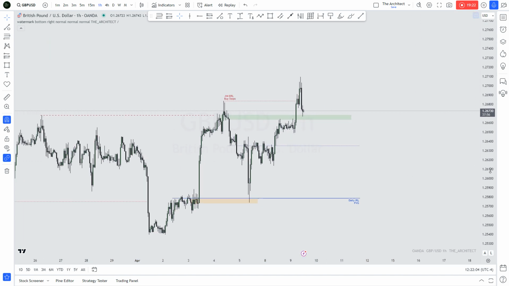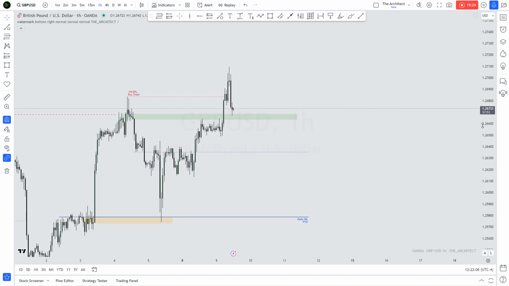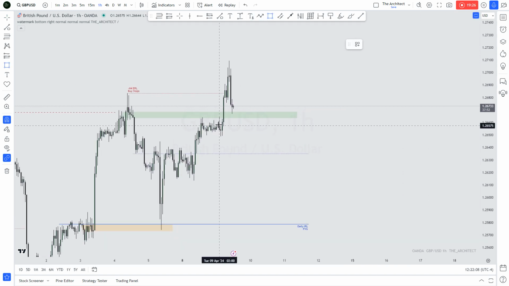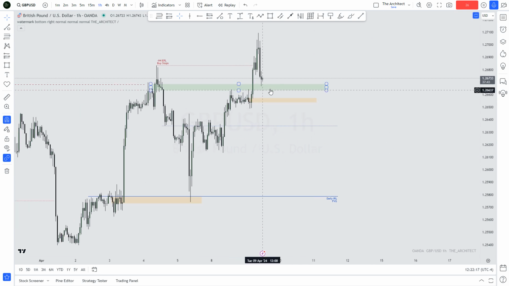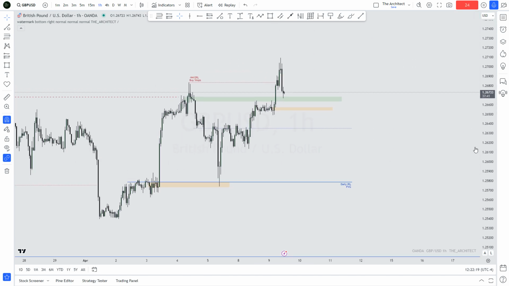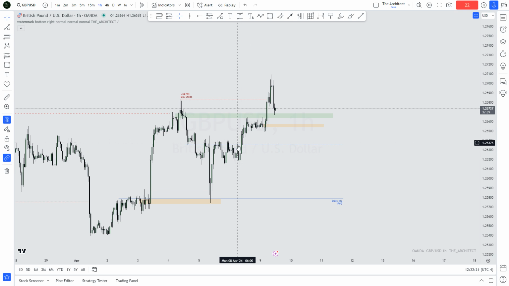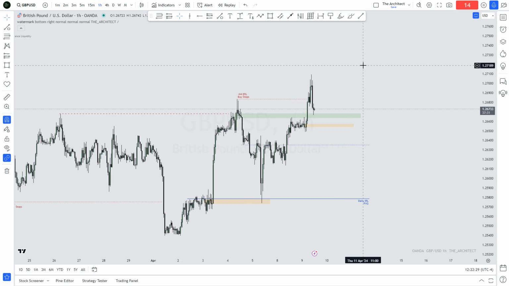We can see already very important points that I'm looking into is this daily order block over here. We may pull back into this daily order block in which we could continue higher, which is aligned with that mitigation block. And like I said, we may come into this order block, and if it's giving you indication to continue bias, do so, or we could come into deep discount and continue prices higher.